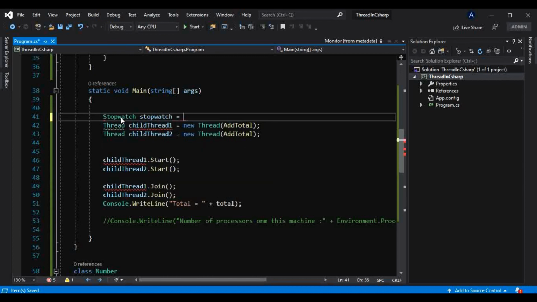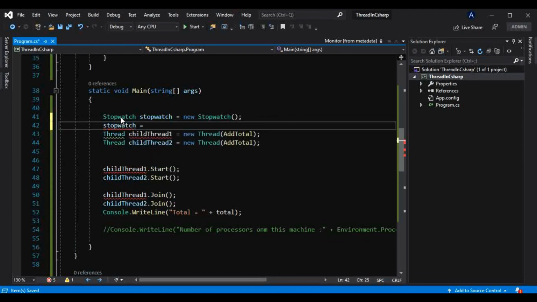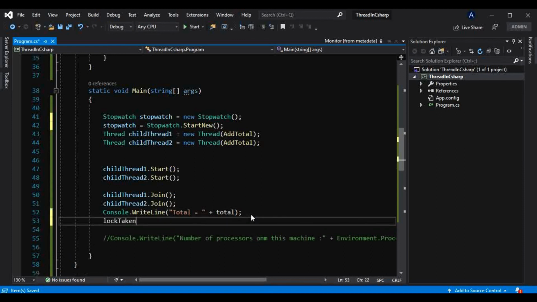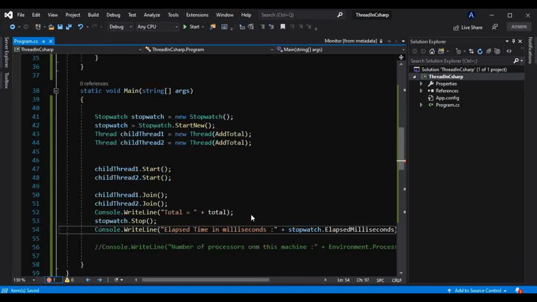Stopwatch is equal to Stopwatch dot StartNew, and after this total I will make that stopwatch stop, and I will print one message here, Console dot WriteLine, elapsed time in milliseconds, and we can acquire that by using the stopwatch dot ElapsedMilliseconds property.